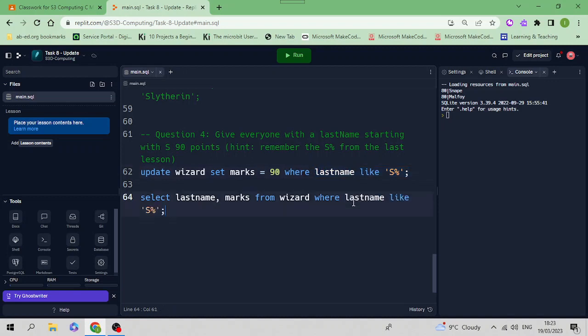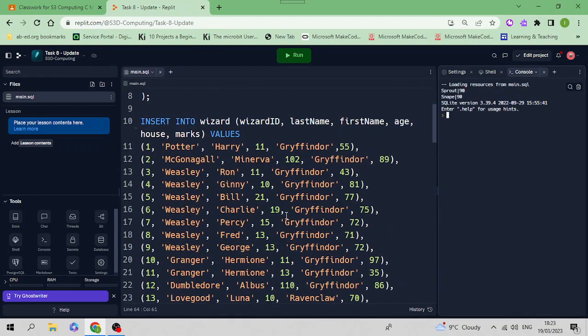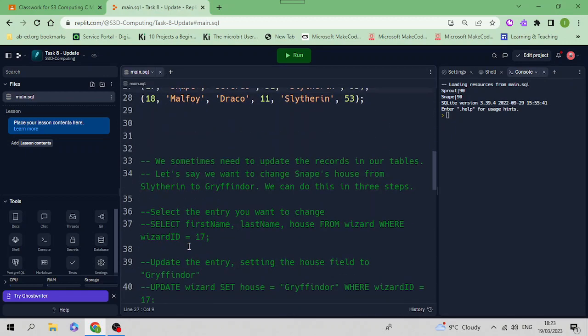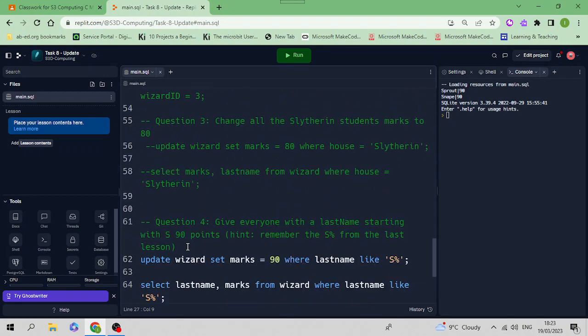In other words, the last name starting with the letter S, a capital S. So we run that, and there's only 2, Sprout and Snape. Now they have got 90 marks. If we have a look at our table, we see Sprout and Snape. There's only those 2 surnames that begin with an S. Right, so that is